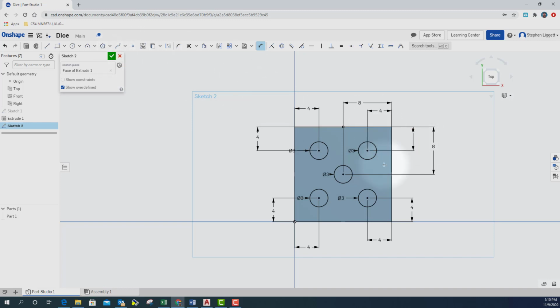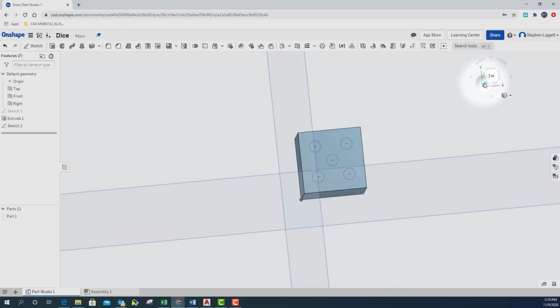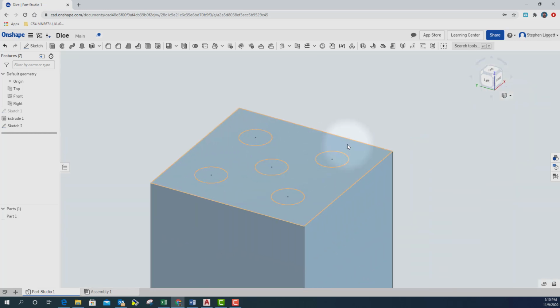And I'm ready to extrude this. So I'm going to click the check mark button, and it finalizes my sketch. I'm also going to switch my view so I can see it in 3 dimensions. And so what I want to do is extrude this. When I click the extrude button,